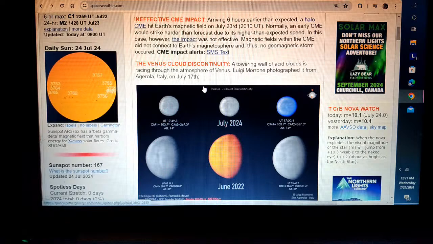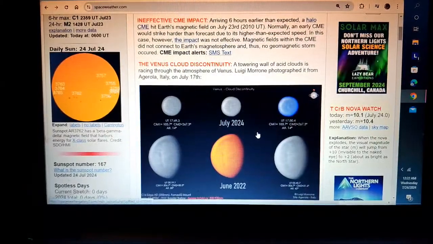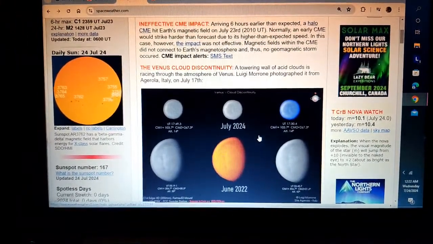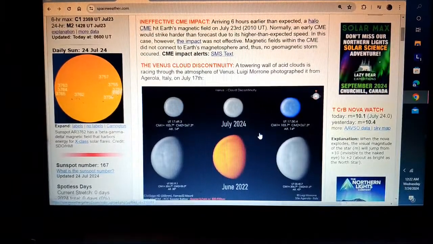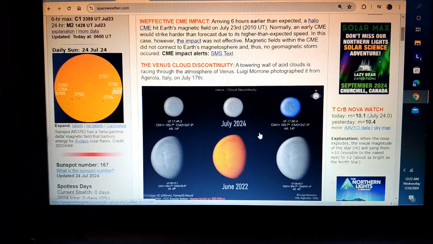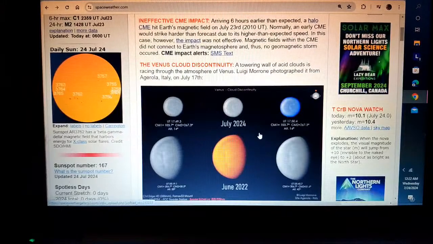Remember, we were talking about effects of other planets that we're seeing on other planets happen to our planet. Remember back when we had our list months back? And everything got filled out on that list pretty quick, too. That was pretty scary how quick that list just came and went. And we are experiencing everything that all the other planets are. And I will show you acid clouds racing through Earth's atmosphere here in a little while. Okay? Same thing that's happening there.